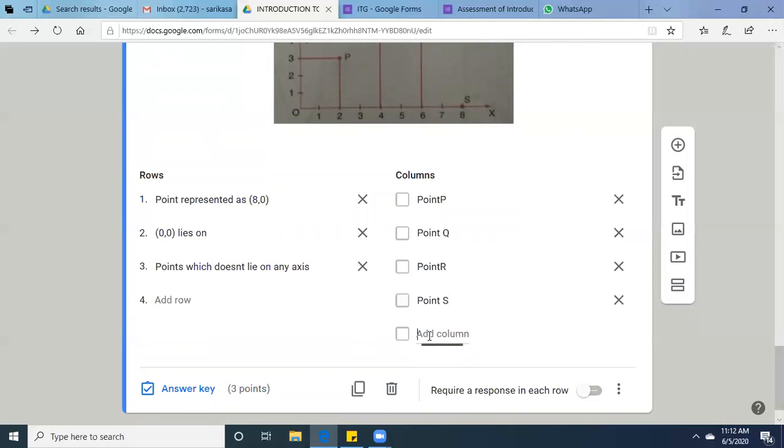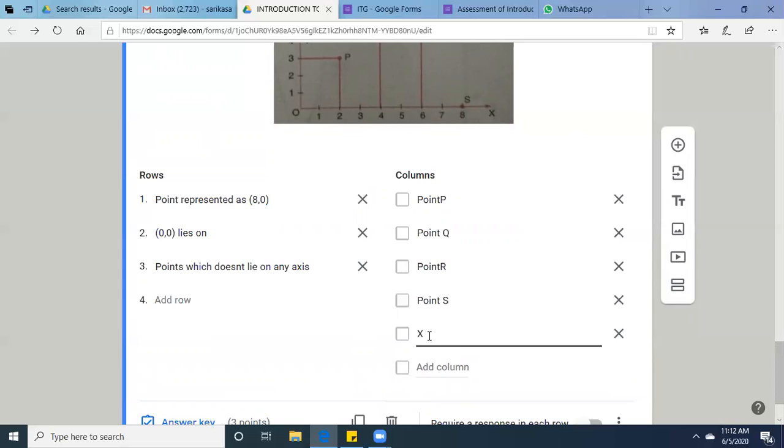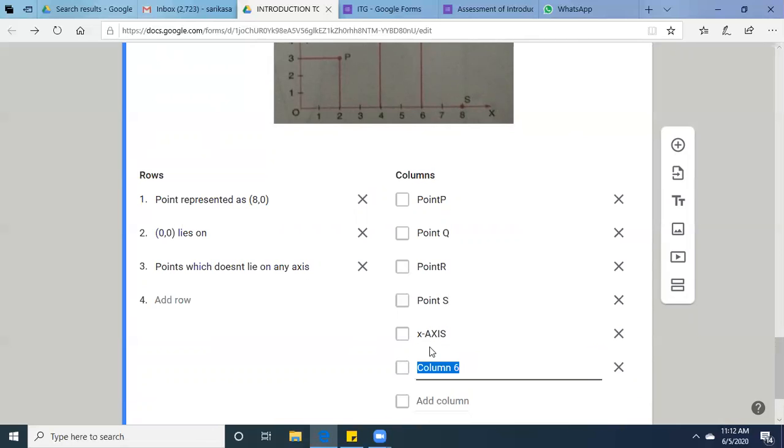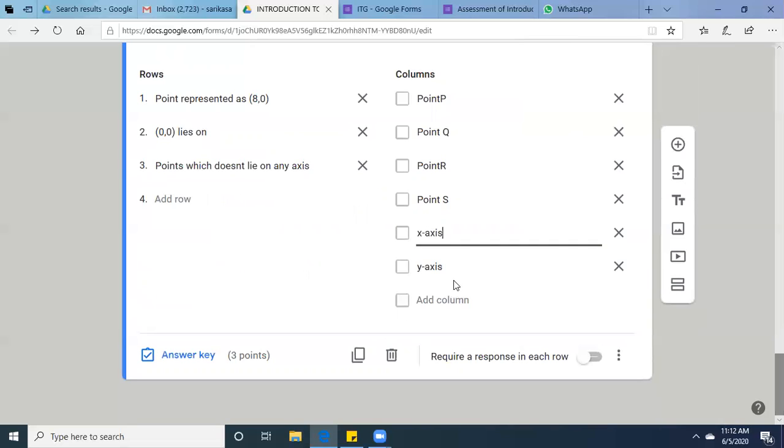Now in this, I'll be typing x-axis, then in next y-axis, and here abscissa.